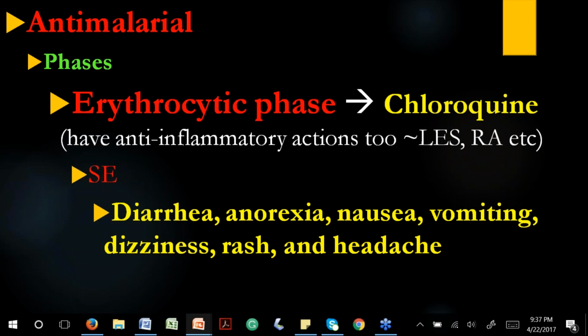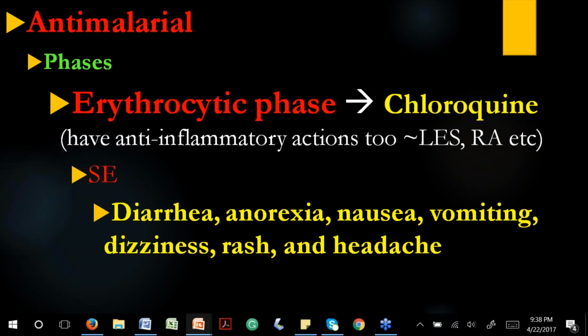It's not going to be one red blood cell only. It's going to be millions and millions of red blood cells that rupture at the same time. That is the moment where they release another substance, pyrogens, and they produce fever. So every 2-3 days, you start to have fever and shaking. Okay? All right, so knowing that phase, we need to know which medication is going to destroy the plasmodium